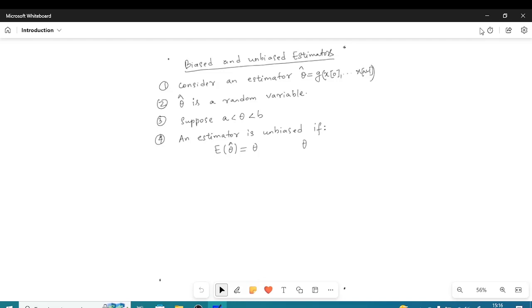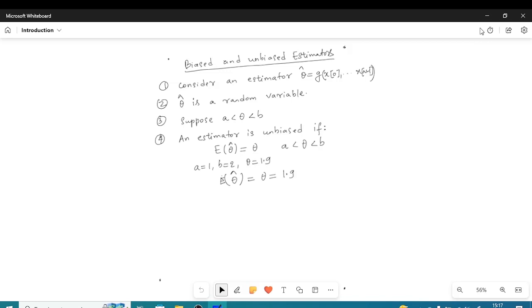What does that mean? That means that suppose A equals 1, B equals 2, theta equals 1.9. So then our estimator theta hat is unbiased if the average value of theta hat equals theta equals 1.9. Okay,